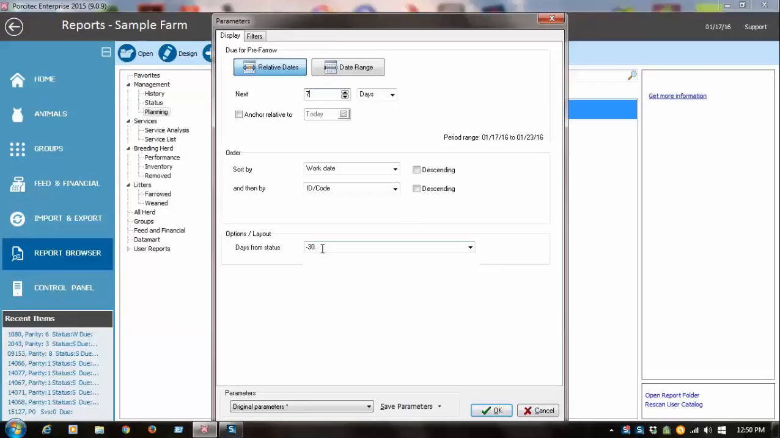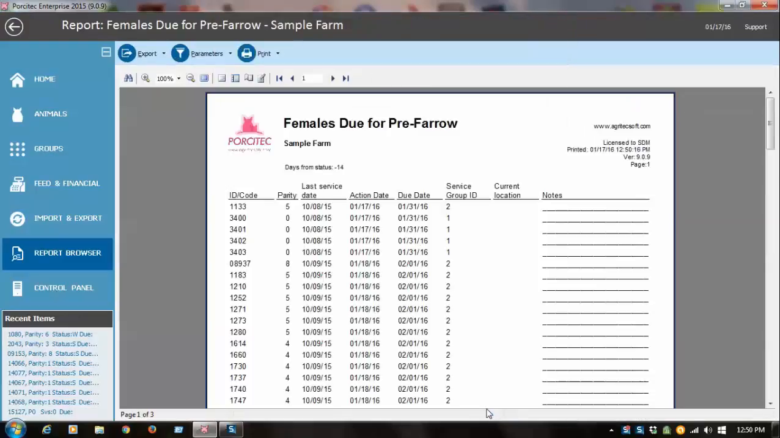So say I want a list that's 14 days from their due date for a shot. So I'm going to type in -14. That's -14 from the due date. And if I click OK,